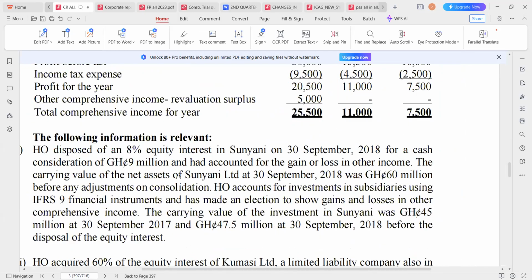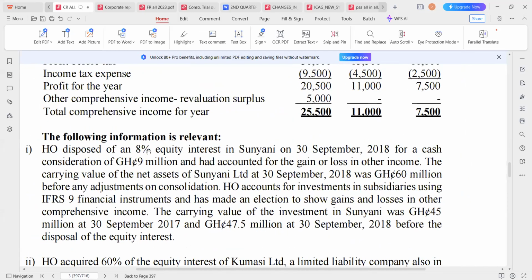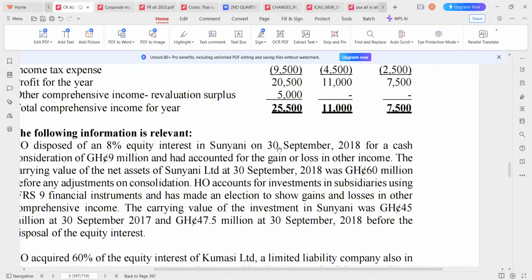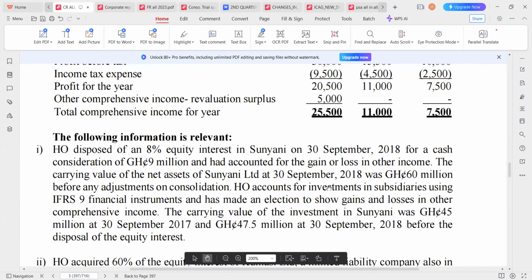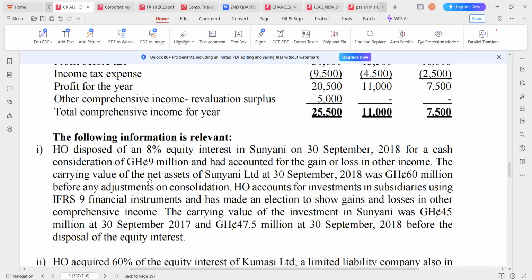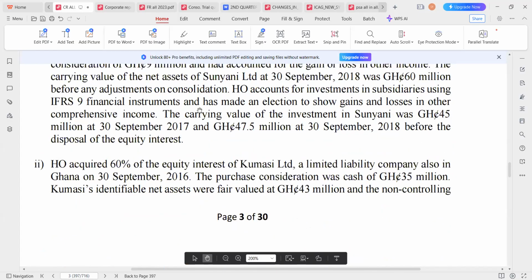So let me continue. They say Ho Limited disposed of 8% of the equity shares in Sunyani on September 30th, 2018. It's the reporting date. So right here, disposal. It disposed 8%. This is how you have to approach questions. The rest of the story, I'm not interested. I'm only interested in